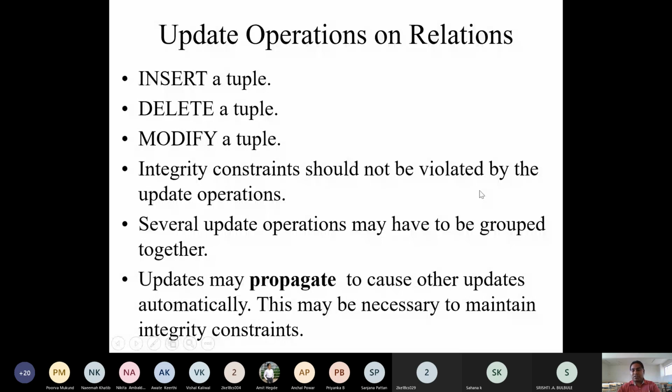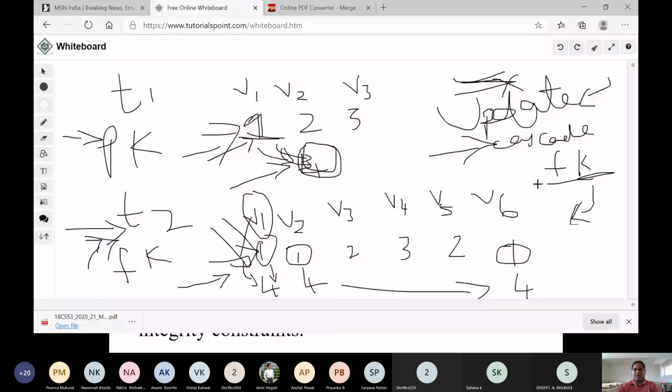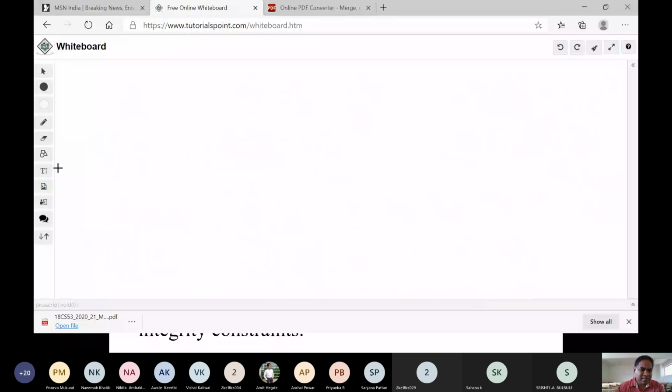So several update operations may have to be grouped together. We can do update operations multiple ways, let me write this. Update table name, set attribute is equal to some value.